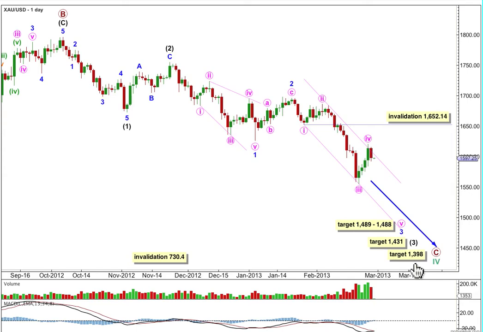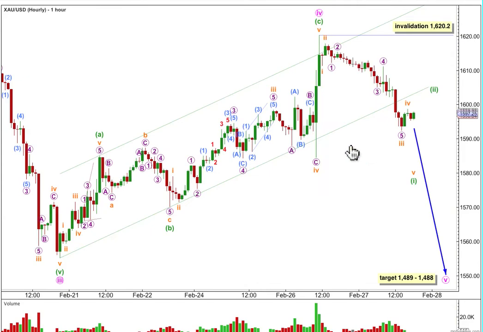Let's have a look at the first hourly chart, where the low for minute wave 3 and the high for minute wave 4 up here is this low here and this high here. So we probably have a completed zigzag structure, a 5, a perfect expanded flat for a B wave, and a 5 wave impulse probably over here, with a typical sharp thrust at the end of the 5th wave.